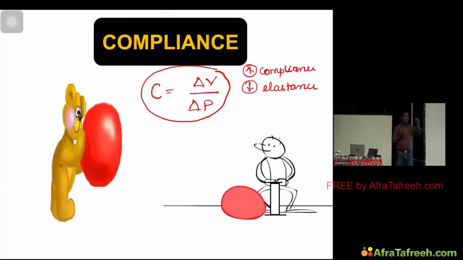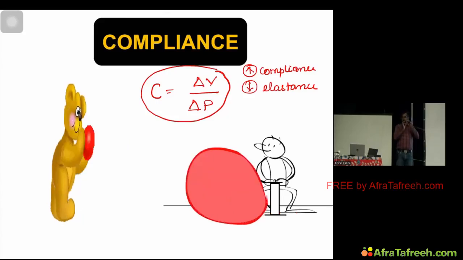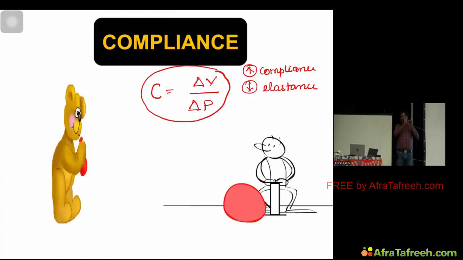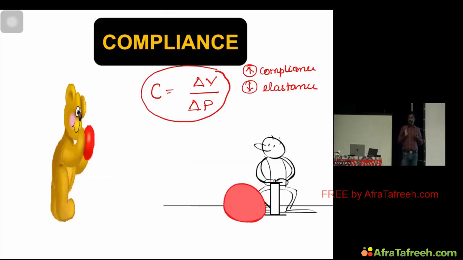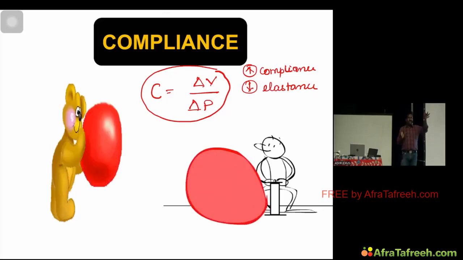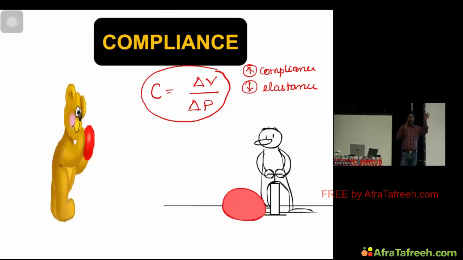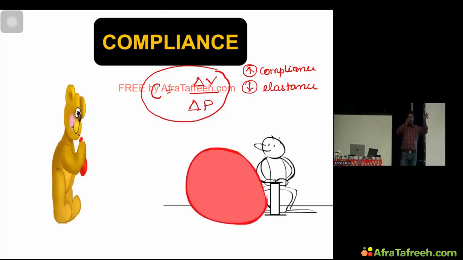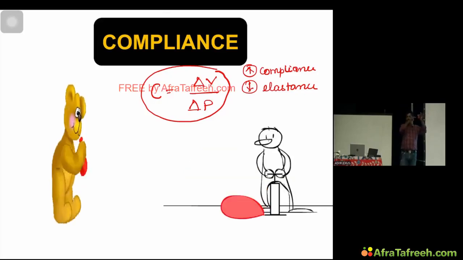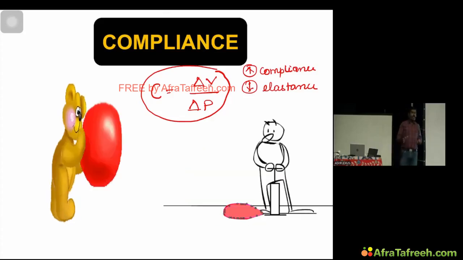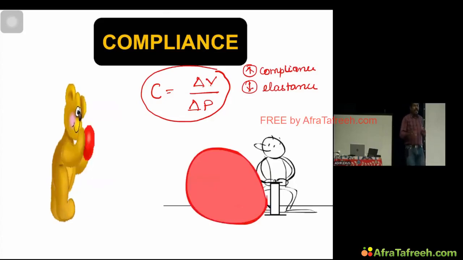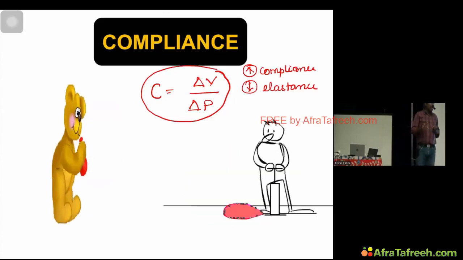Dynamic compliance means whenever the air goes inside and comes outside, that change in volume is called dynamic compliance. Whenever I have an obstruction in the airway, what will happen to the change which happens when air goes in and comes outside? Decreases. So in any obstructive lung disease, dynamic compliance will be decreased,